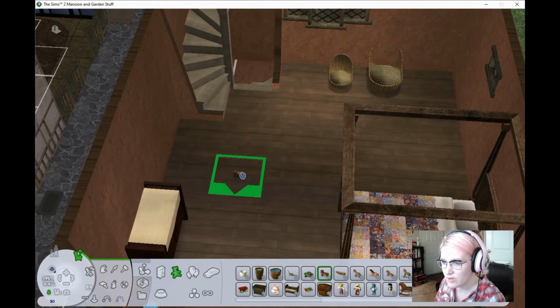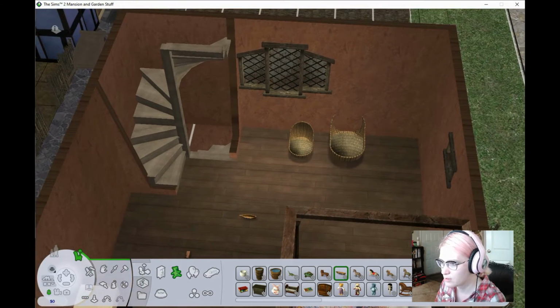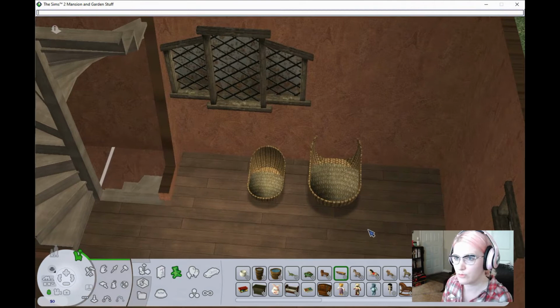Are we going to give them any toys? Why not? We'll give them a little Minecraft bear and a canoe. So now I'm going to